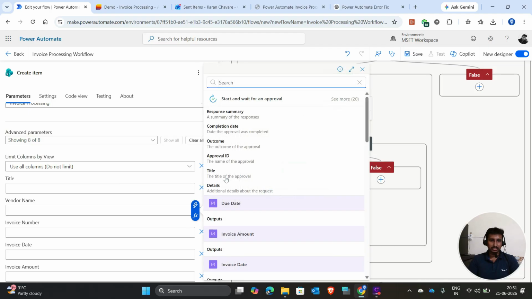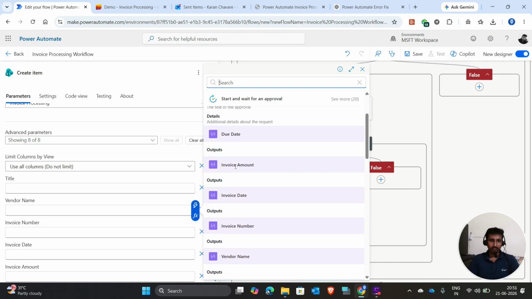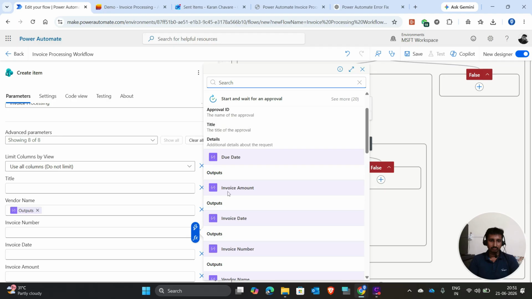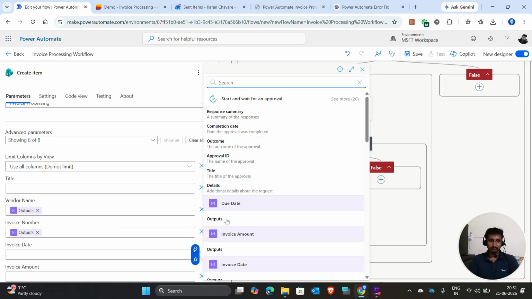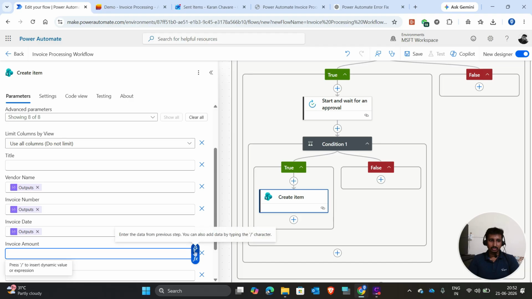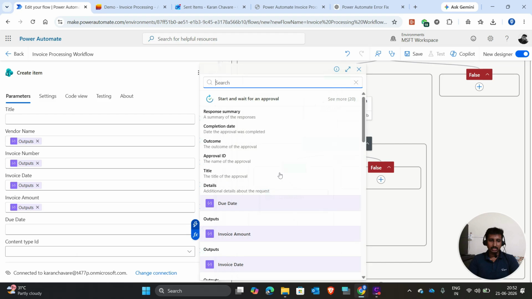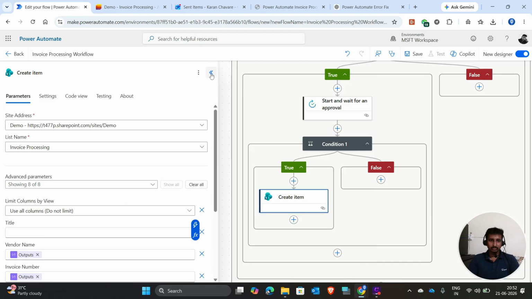So I will select this, and over here I will just click on vendor name. Okay. For invoice number, same, I will select invoice number. Same for invoice date. Invoice amount, and due date. Okay. Now